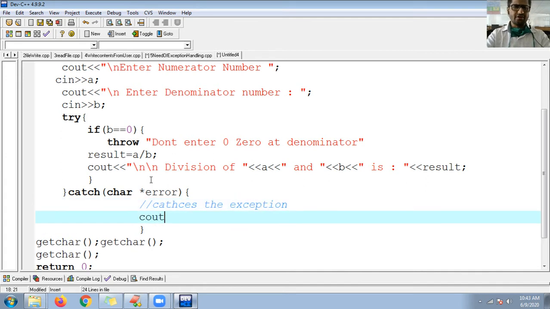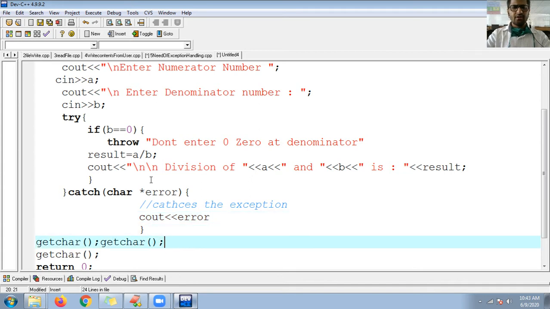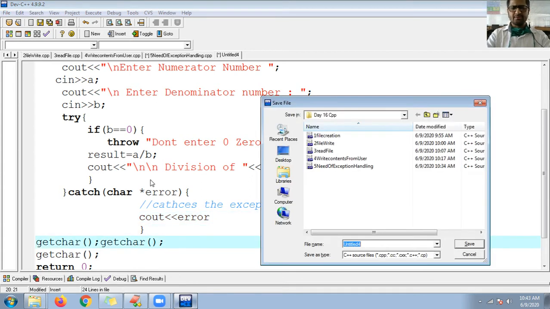So let me show you here. cout, I can pass here \n. What should I pass here, guys? Directly the error. Okay, fine. Save the program as 6th exception example.